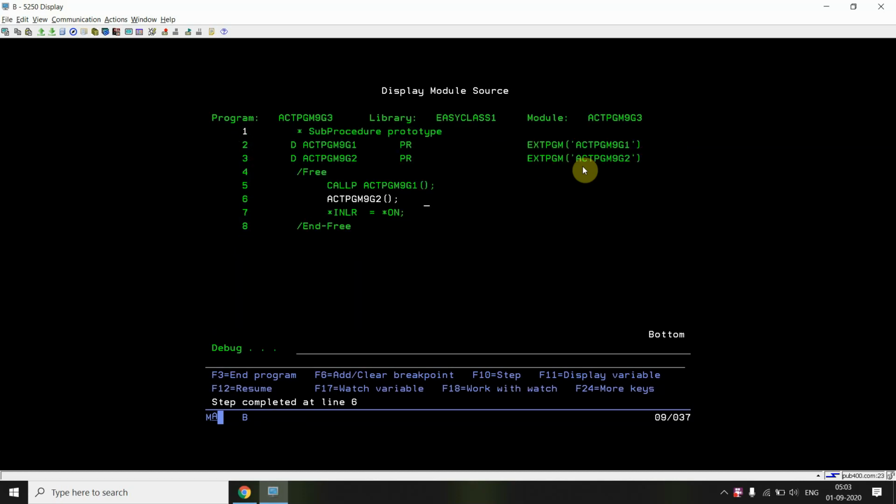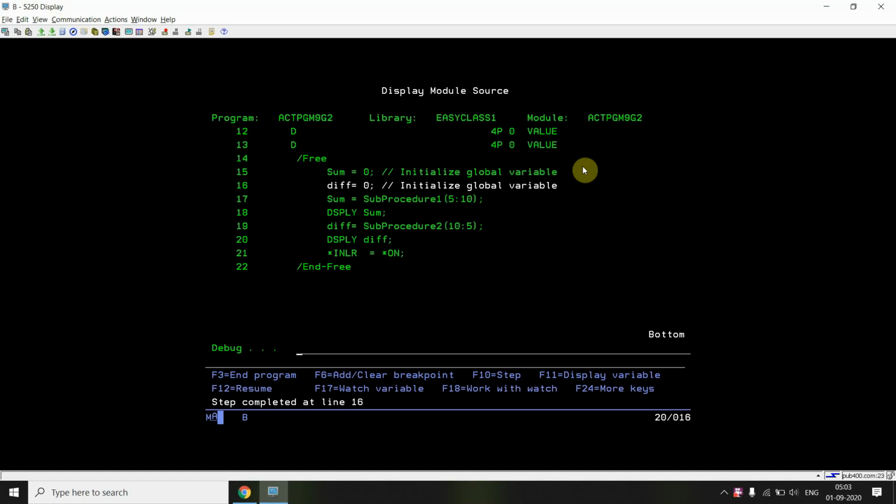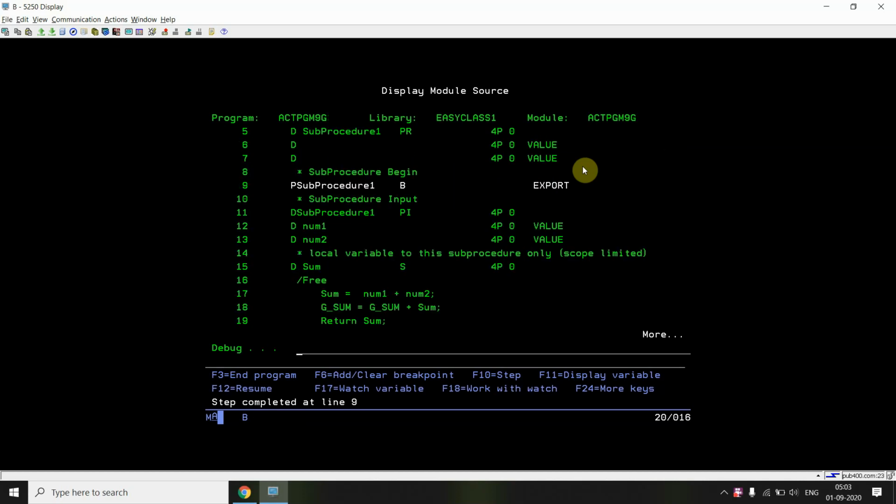So the first program is called, and it has updated those global variables. Now we are running the service program in the named activation group. If I look into G_sum, I can see that the variable is still initialized